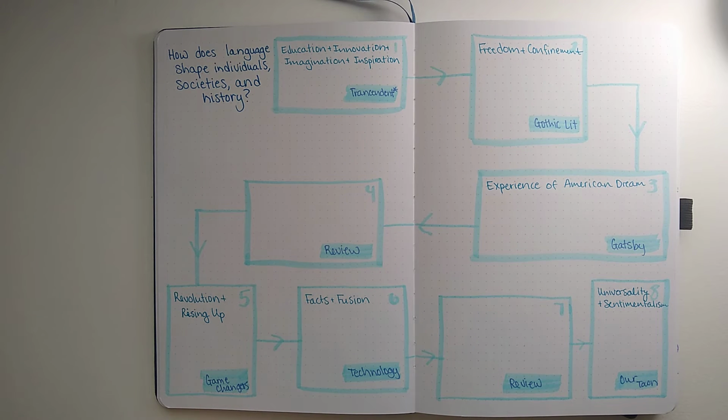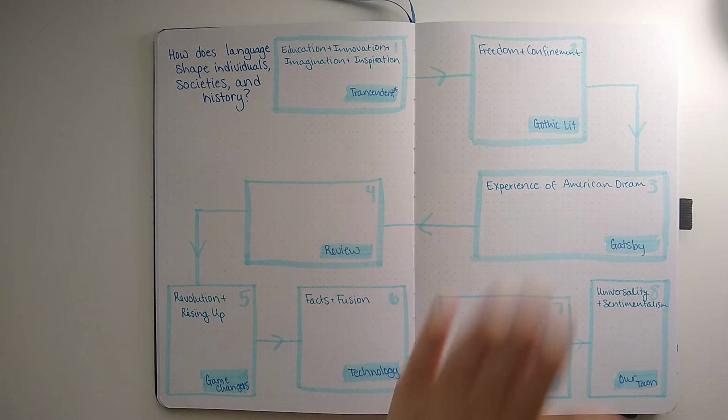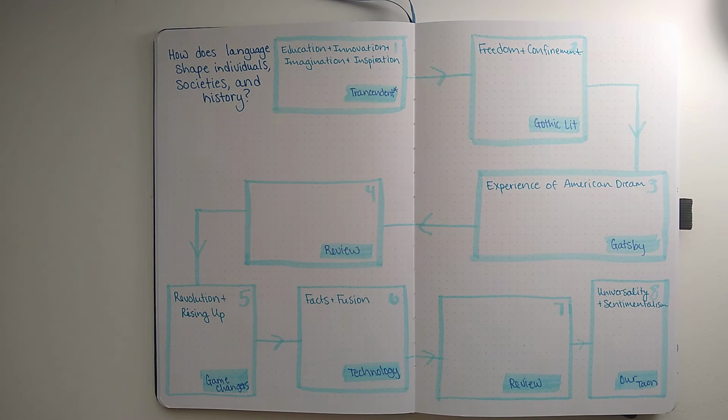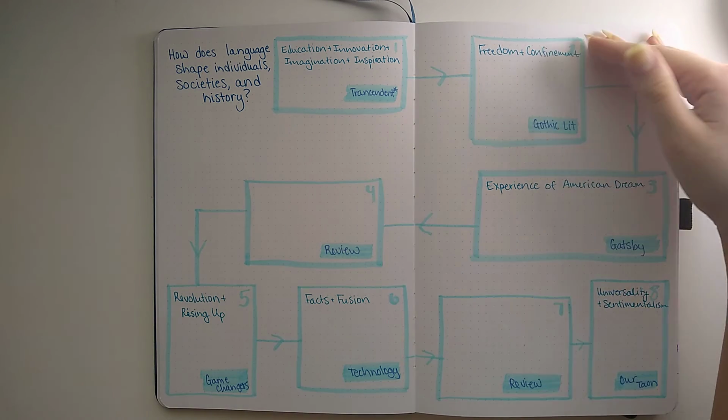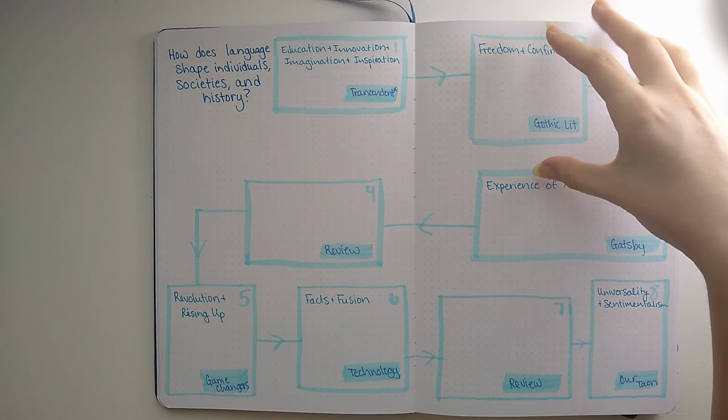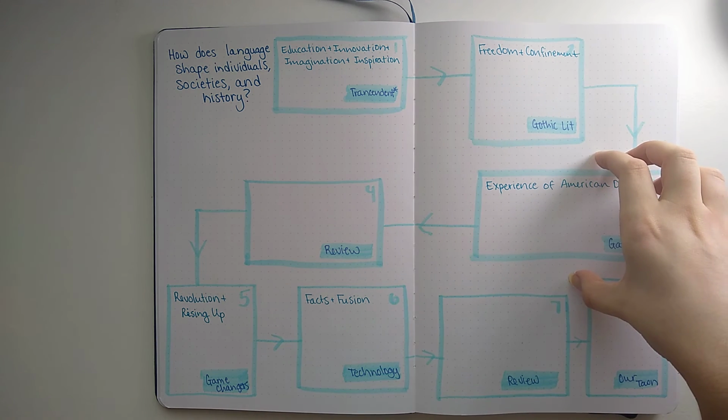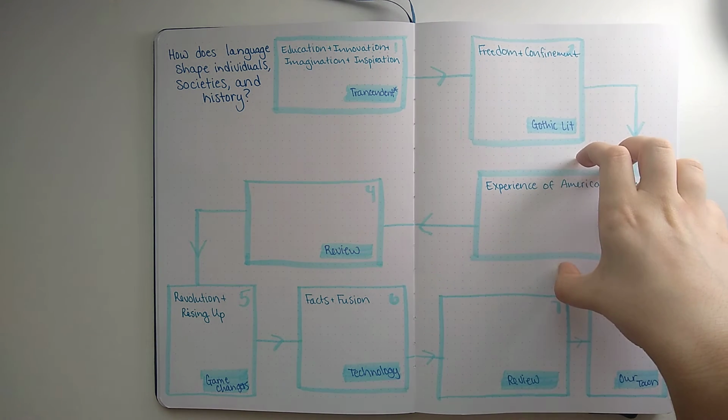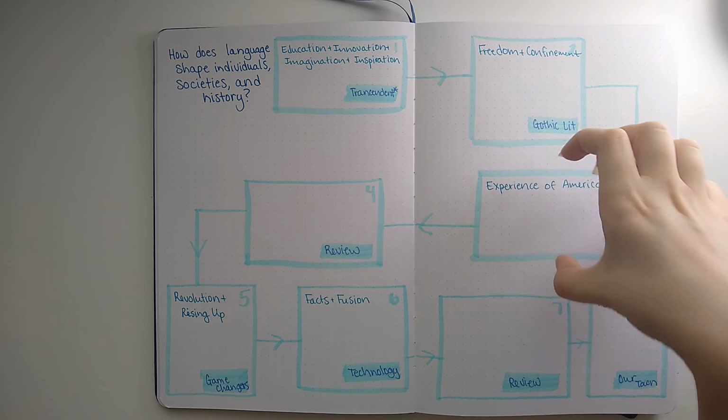It's definitely going to build into our second semester with revolution and this game changers unit, but I like the idea of doing that there. So the experience of the American Dream with Gatsby is our next one, and then that really gears up and ramps up. We do our rhetorical analysis. Here we focus on tone and diction, and we introduce syntax. Here we really hit syntax and tone, narration, style a lot more.